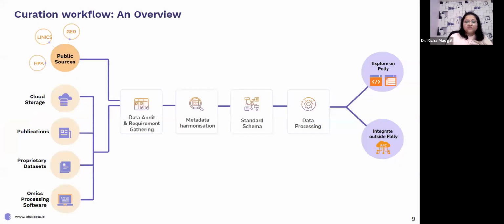So what we understood after understanding the different pain points is that we have a curation workflow itself. Although it's a workflow, it generally has to be customized for the customers as such. But we have broken it down, at least the main steps: data ingestion, understanding your data and what you require from your data and how you want to use it, followed by harmonization of the metadata and putting them into a real standard schema or a structured format, and processing it through a standard pipeline so that it improves interoperability and combining. And finally, the consumption stage.